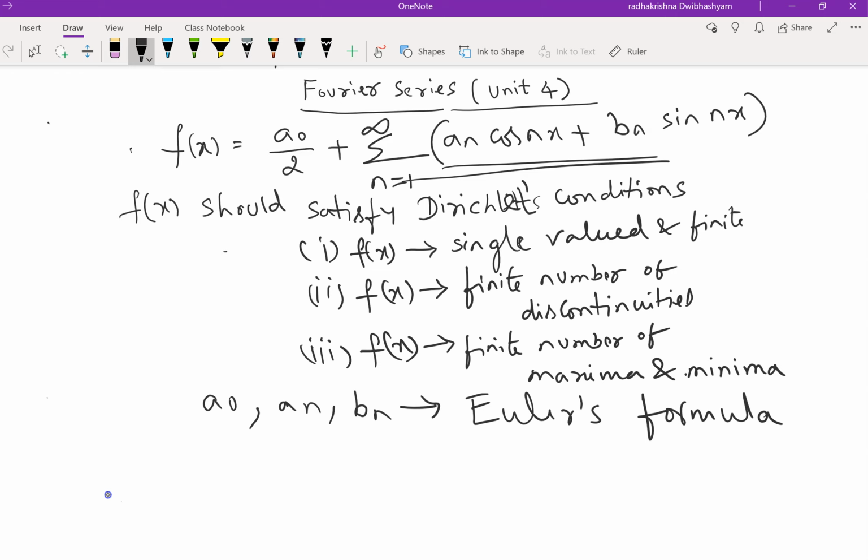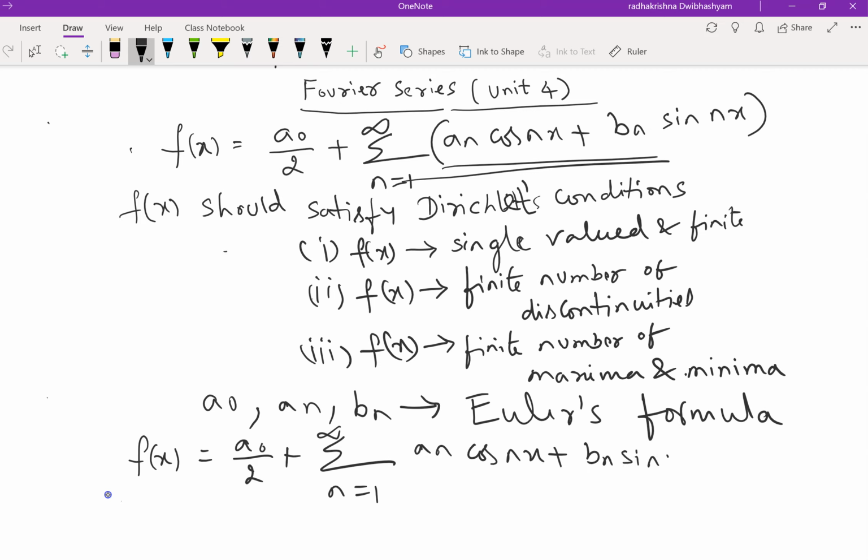How do you find a0, an, bn using Euler's formula? Let us see. Already we know this Fourier series: f(x) = a0/2 + summation n equal to 1 to infinity of an cos nx + bn sin